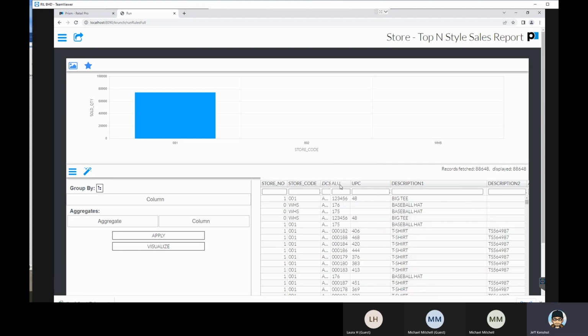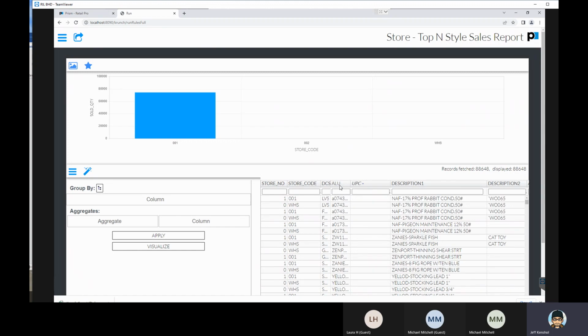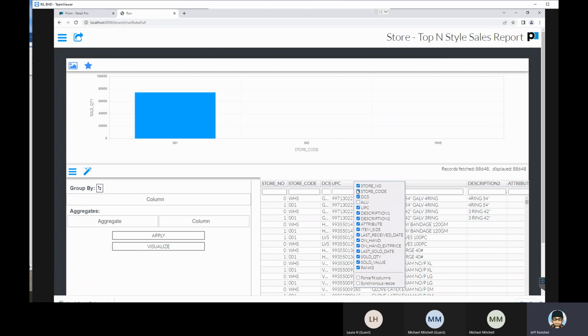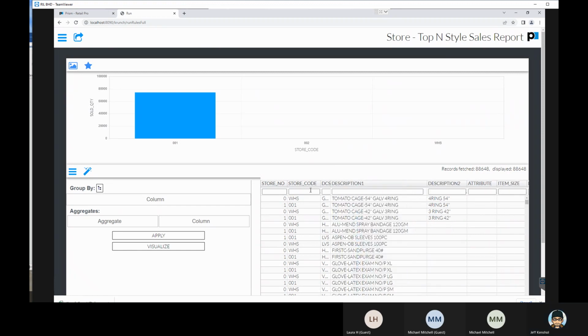You can sort by any column, right? You can filter by any column. You can choose to display or remove any column that you don't want to see. In here, with the data we have here on the bottom,